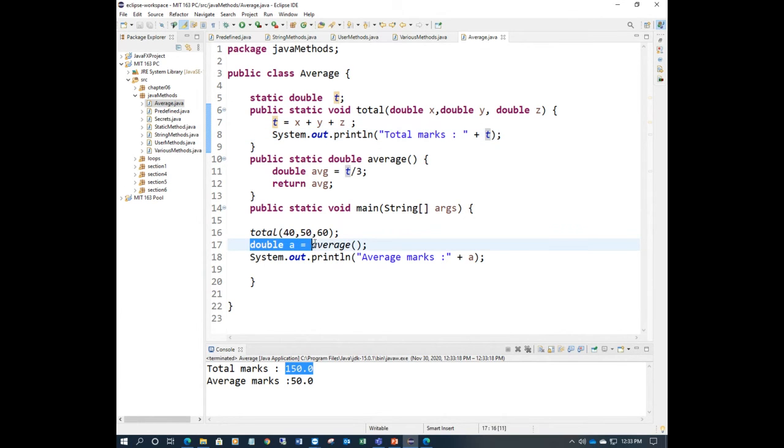The next line I'm calling the average method. It will go here, and the value of t is 150. 150 by 3 is 50, and it returns the value. It comes back and stores the answer in a equal to 50, and prints the value of a. That's a method call and return value.